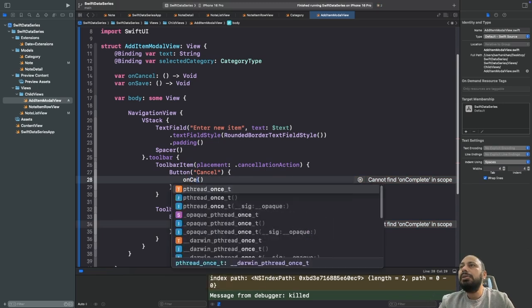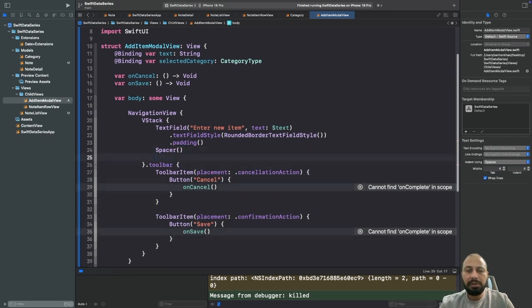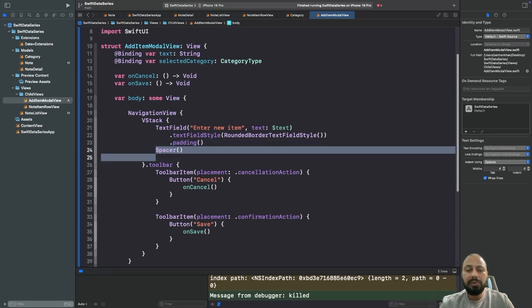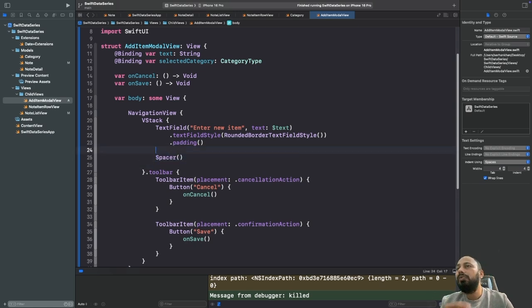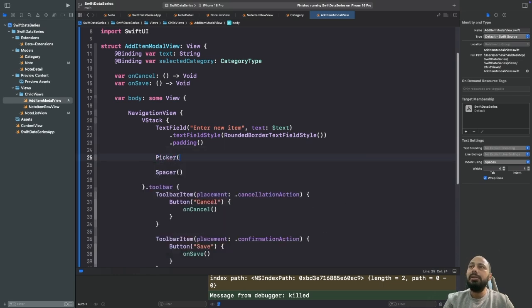On cancel tapped and on save. So here we will have a spacer, and actually I will remove the spacer from here. It won't be necessary. Actually, we will add it after the picker. Sorry. So let's have a picker, select category,